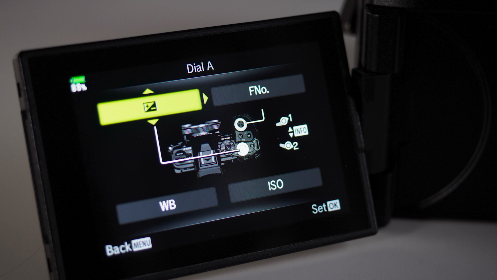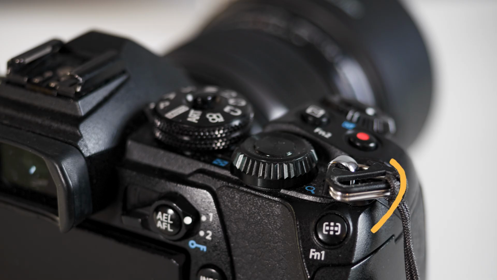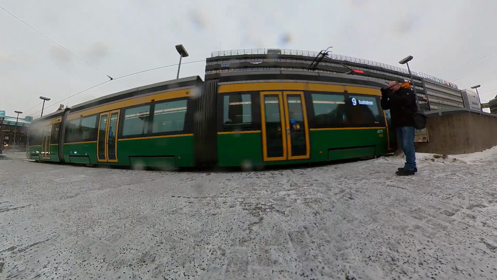Some cameras have a dedicated dial for that. But you can also, in most cameras, customize it to be on the back wheel, which I prefer. Of course, it can be on the front wheel too, but if you have exposure compensation customized to your back wheel, it's easier to access without lifting the finger from the shutter button at all. So you will make the image faster. If something happens and your compensation is not fully done yet, you can still take the image with your finger on the shutter button. So that's why I prefer the back wheel.